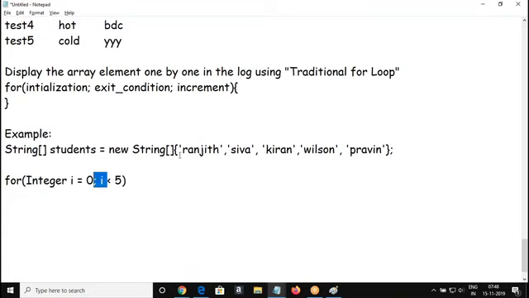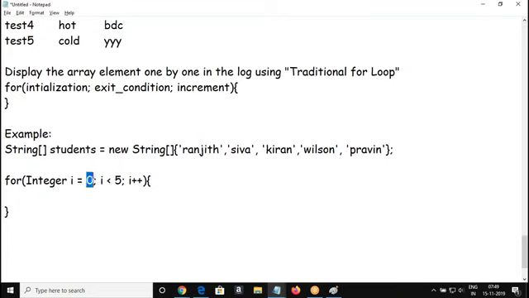Till index 4: 0, 1, 2, 3, 4. So my last index is 4. It will run the logic. When it reaches 5, it will come out because of the exit condition. The second one is the exit condition. Am I right? So we increment the counter every time.